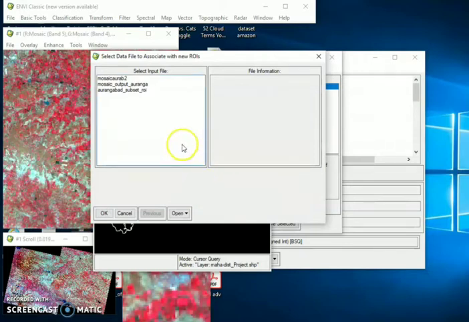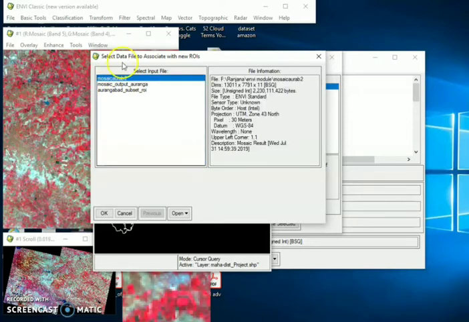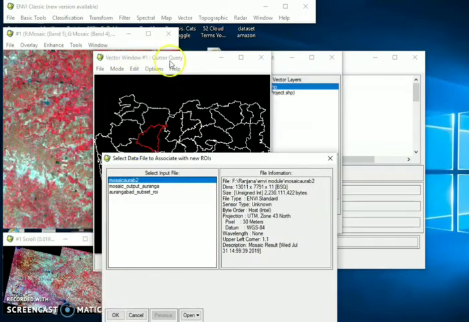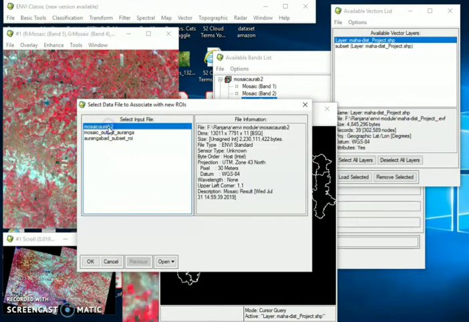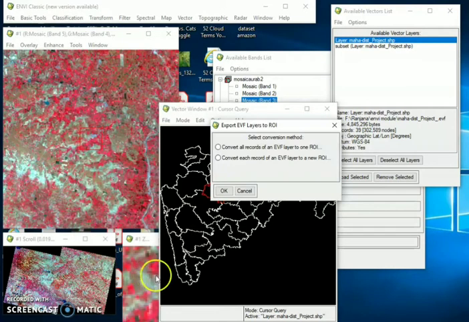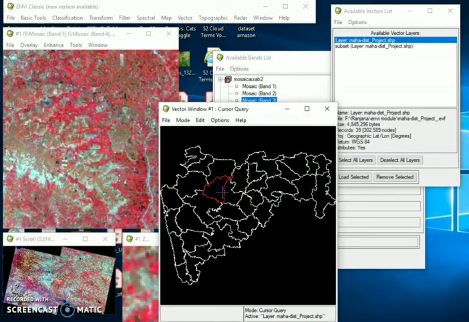New ROI. Select the input file associated with this, that is our original input file, Mosaic Aurangabad. And then OK. Convert all records of an EVF to one ROI, as we are interested in a whole single region.